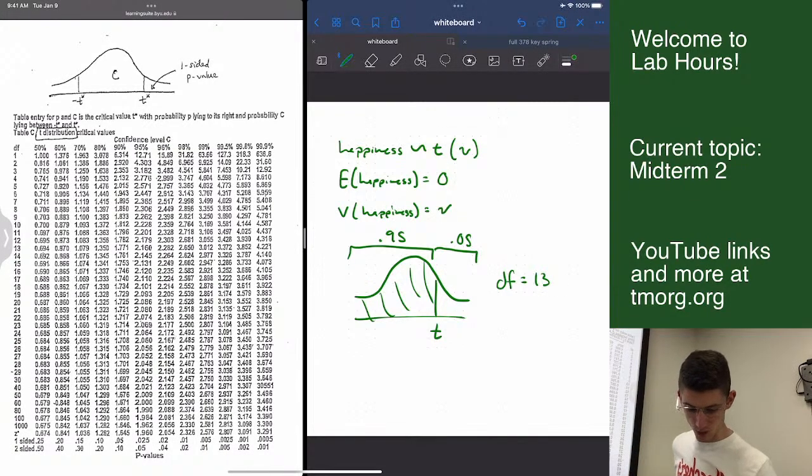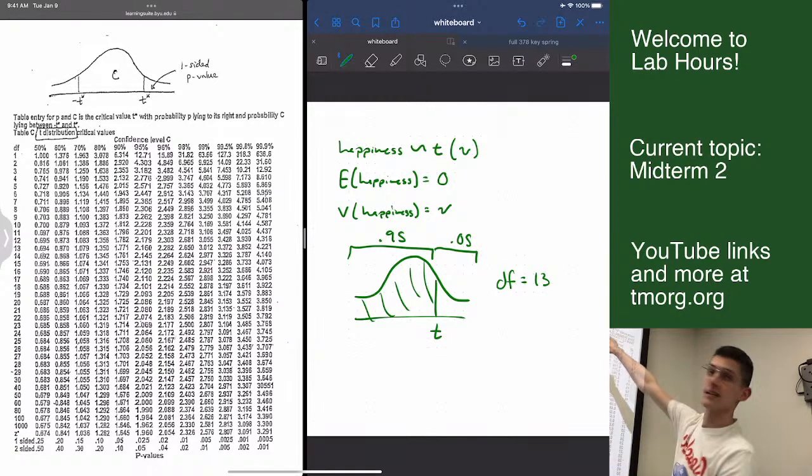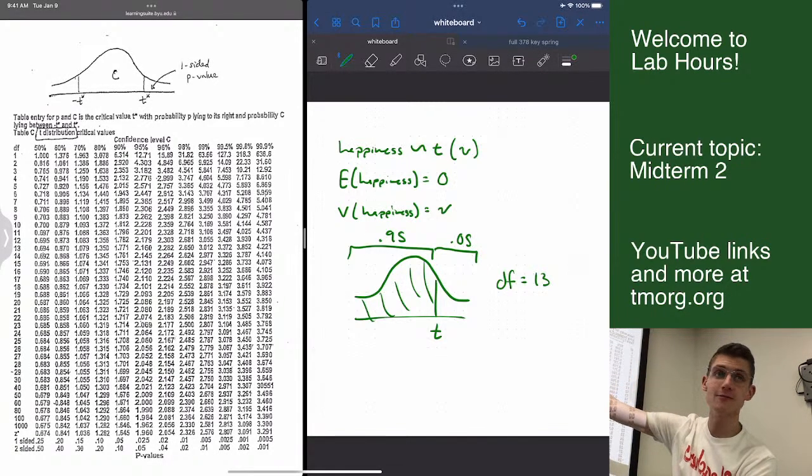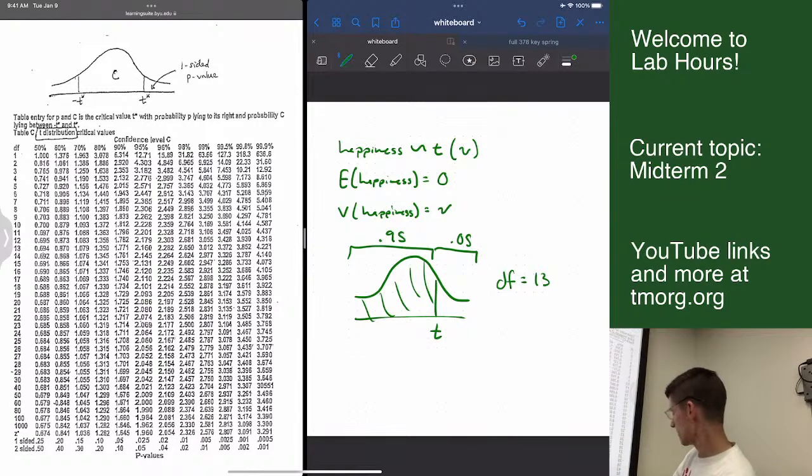What is this t value? Well, there's a couple different ways I can get it. One thing is to recognize down here, at the bottom of the chart, it gives me one-sided p-values. And up at the top in the drawing, it says that the one-sided p-value is to the right of this t star that I've picked. So, if I want one side of the distribution to the right, like it says on the drawing, to have 0.05, 5% of the total probability, then I come over here, the one-sided column on the bottom, to the 0.05, and then I just go up to the degrees of freedom, and the t-score